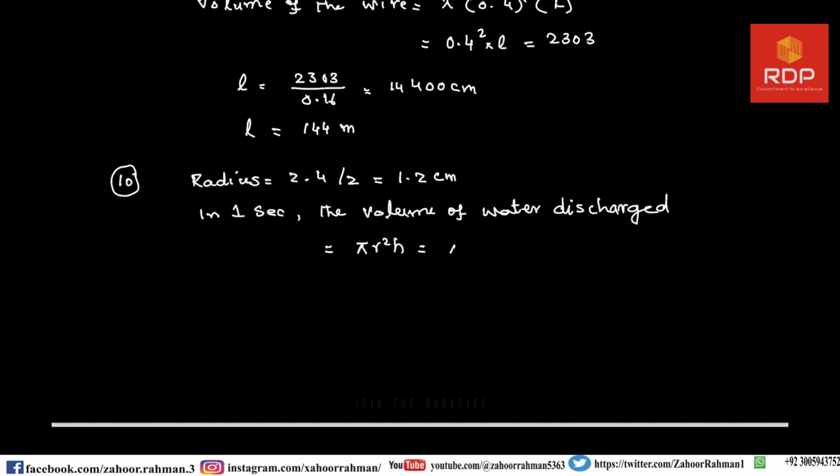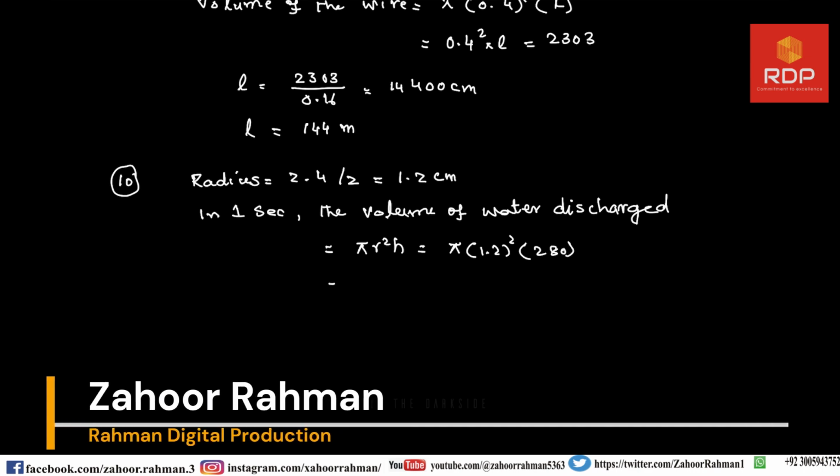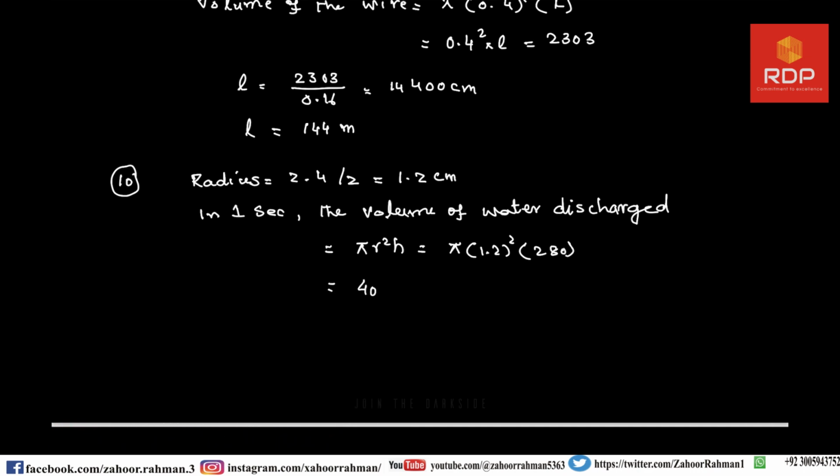We have all the values. So 1.2 whole square into 280, and that will be equal to 403.2 pi centimeter cube, and that will be equal to